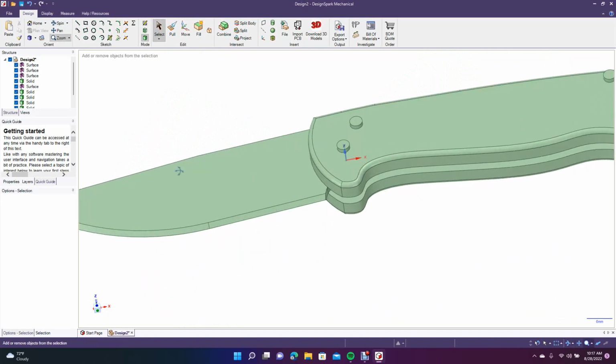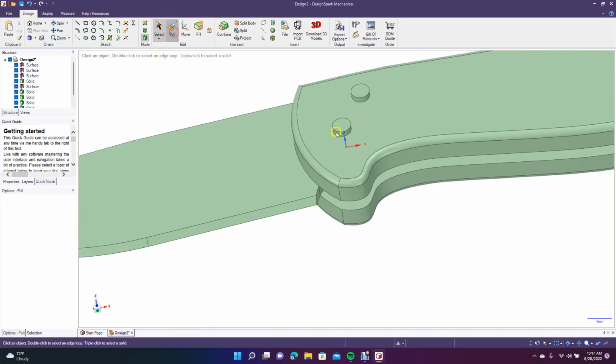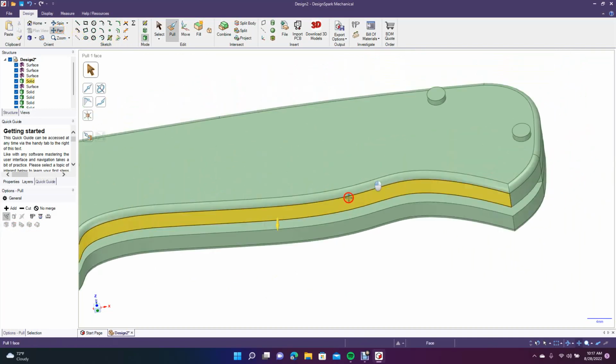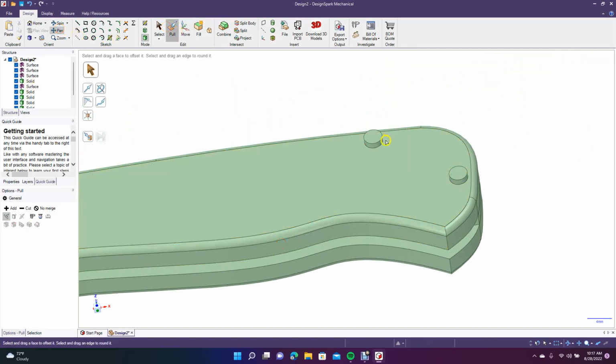Now I'm going to go ahead and go Control plus. I want to chamfer these pieces right here, so we'll go ahead and chamfer. I'm just going to pull just to get an idea how much I want them to go. We'll do 0.5. So we're going to click that one, go to chamfer, type 0.5, and then we're going to pan over. We'll do these 2. Let's go pull there. Let's change the chamfer, type in 0.05. Oh no, actually